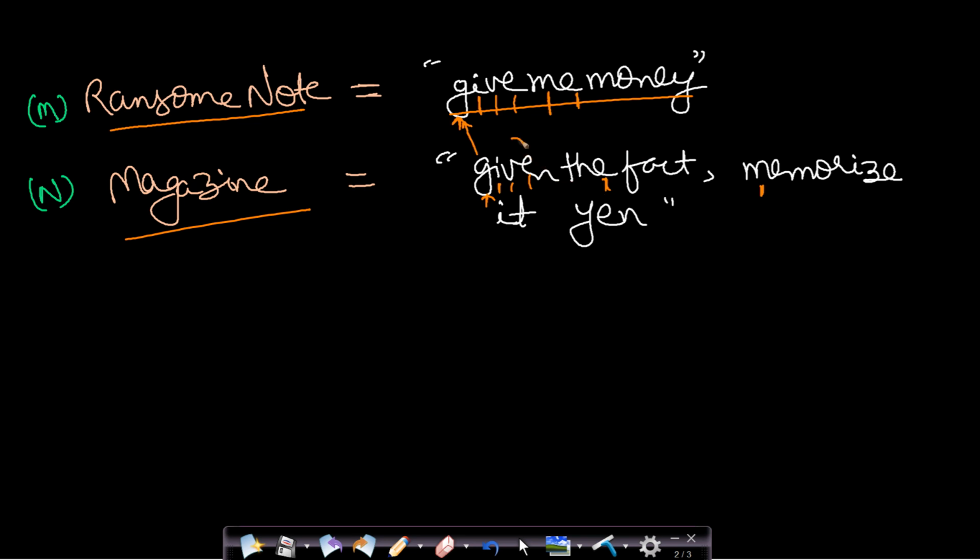And actually you cannot use this one because this has already been used. So what you can do is you can keep deleting all of these characters so that you will never be using them again. So whenever you are processing a character in the ransom note, you will process each and every character in the magazine string from left to right until you find this current character. So you can see that you found this E. Now you jump to this M. Have you found any M? Okay, let us see. Yes, there is one M here. And the first M was already used up, so you had already deleted it. So this M is present, therefore this can be made.